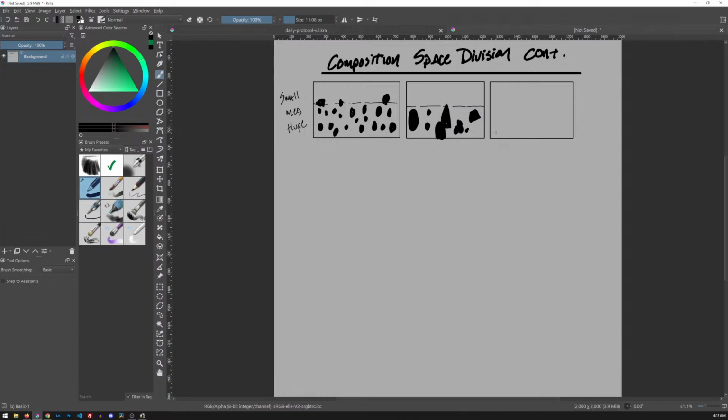And then a professional, someone that's been doing this for a while, will make a composition that's like this. They'll have this big area. It's all filled in. Maybe this is like a cave or something. And it's all going everywhere. And then we're looking out of this craggy cave, and then we see in the distance